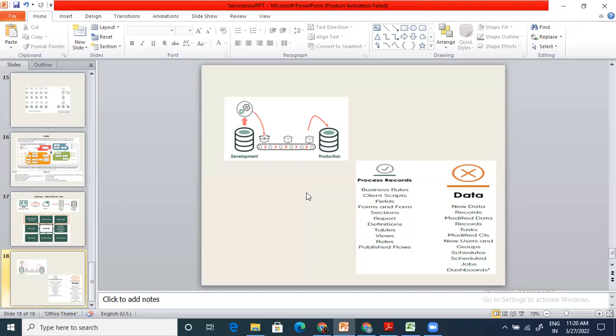Now, let's understand those things. All your configurations and customizations, which means your business rules, your client scripts, your UI policies, data policies, your forms, layouts, form sections, your reports, your definitions, your tables, your views, roles, published flows, and anything where you are changing any configuration or writing a customization using a script. Overall, the concept is this: you are making a configuration-level change, or you are doing some kind of customization using scripts. All of that will be captured in the update set, and it can be moved as it is from one